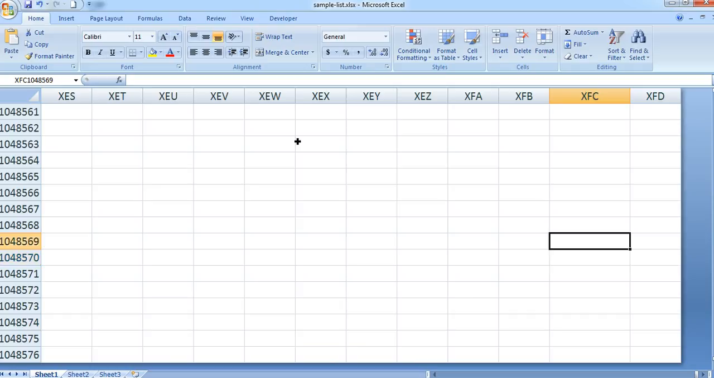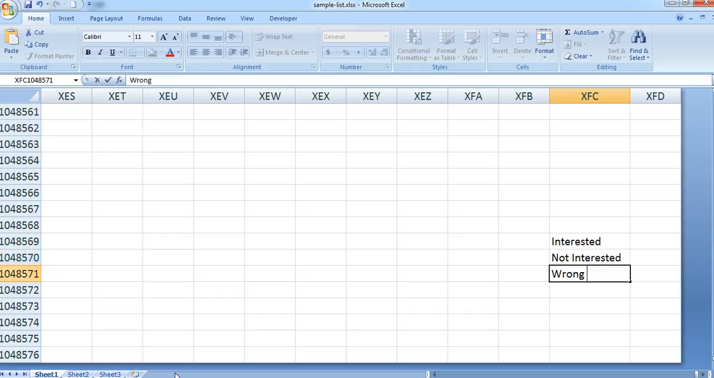Or you can create a list in some other sheet, maybe sheet number 2 or sheet number 3, and take a reference from there. So here first I will jot down the output which I require. So I require outputs like interested, not interested, wrong number, not connected,